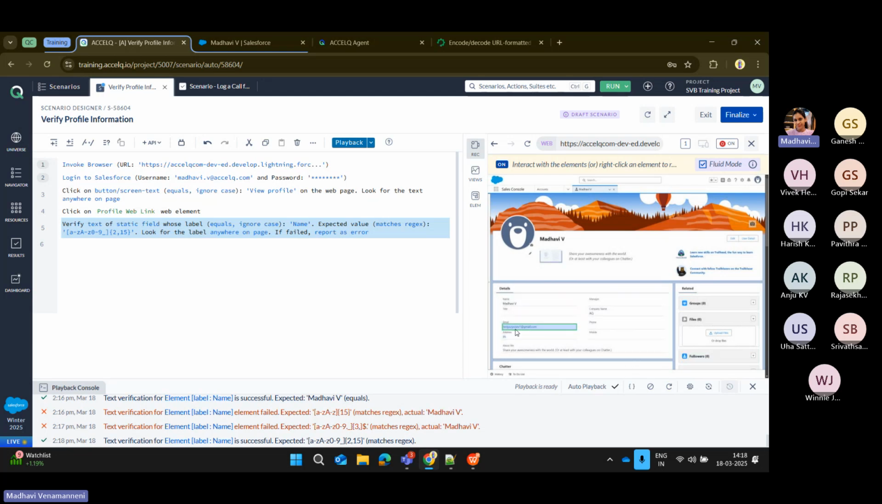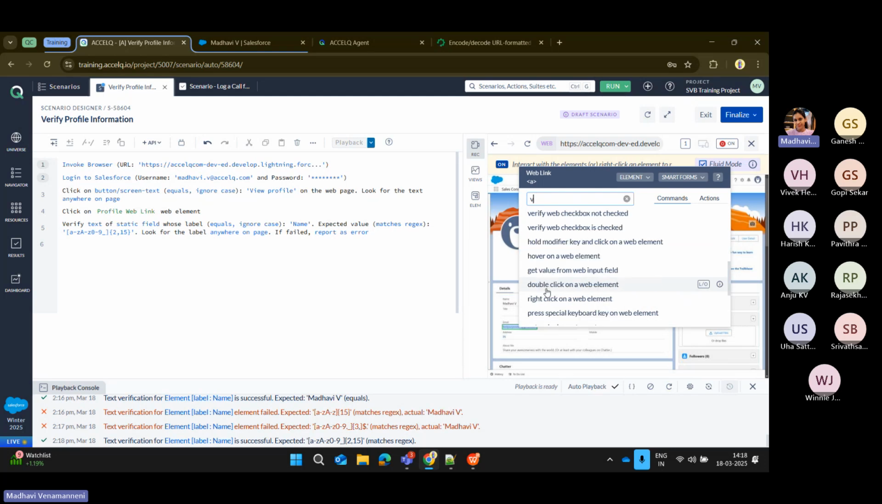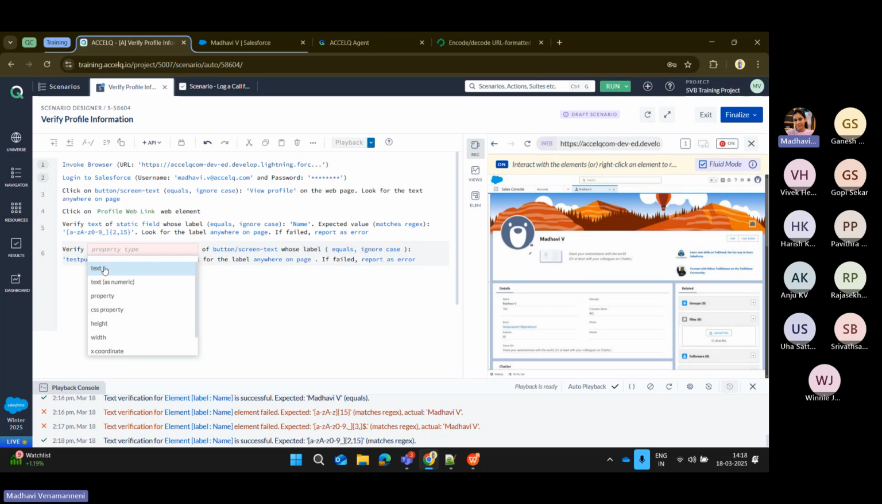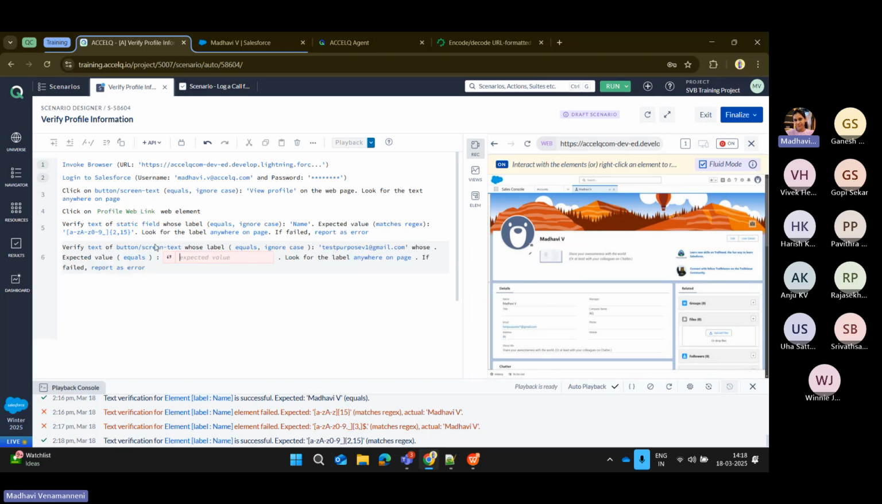So again, I'll hover over this, say verify, and I'll say locator free. I want to verify the text, but I want to change the button slash screen text to static field, give the label as email, and then I'll change this to matches regex only. And the regular expression I can give here is